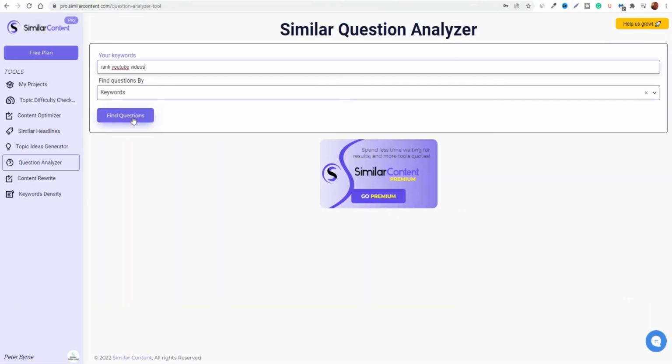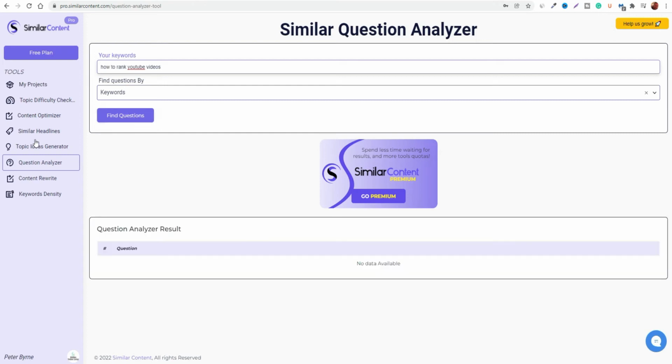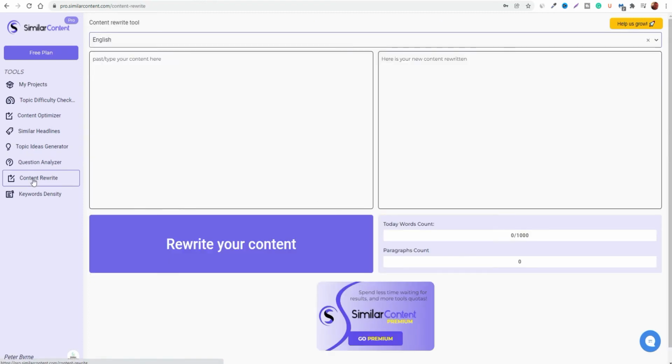You can also search for keywords based off of questions that people ask. So you can just utilize the same features again as with the previous tools. So with the content rewriter, what you can do here is type in any content that you have